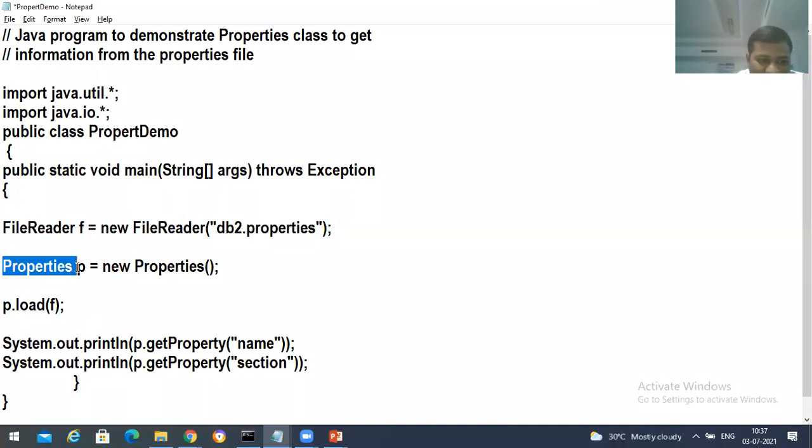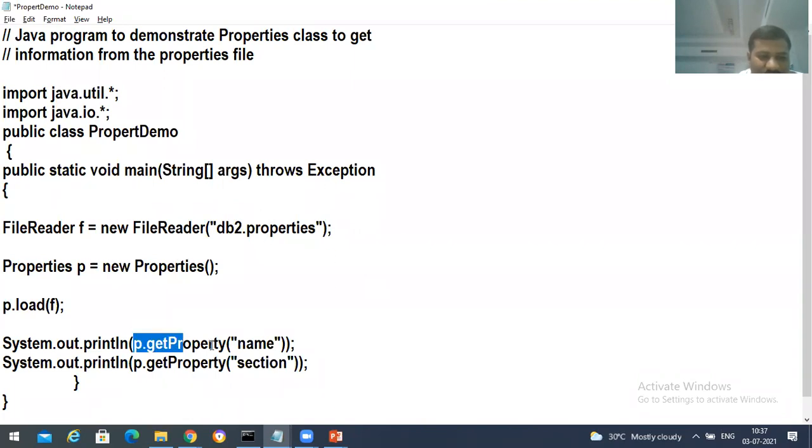Now by using these Properties functions, I can get the data which is there in db2.properties. Now I'm not using any functions from f, I'm using all the functions from p itself.